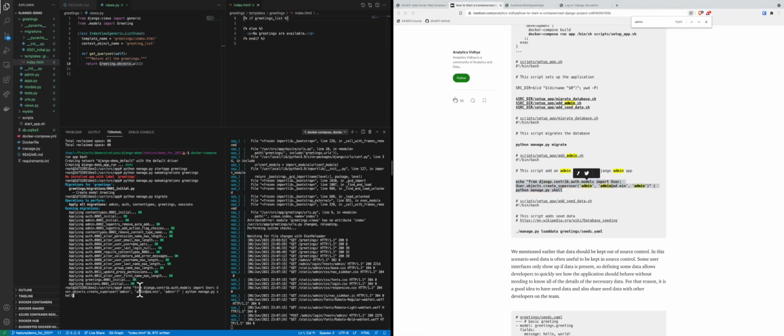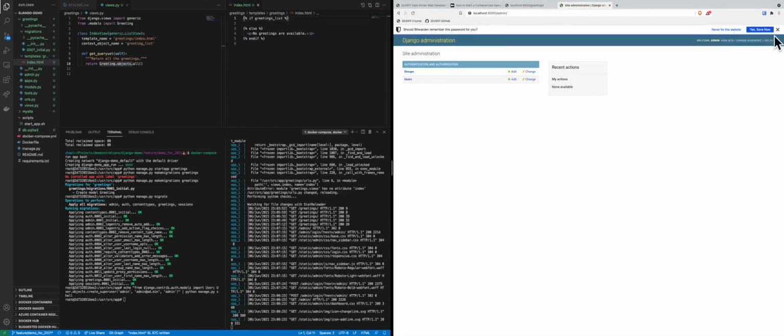So we're gonna use this command to add an admin user with a password of admin. So we then go back here and type in admin. We're able to log in,